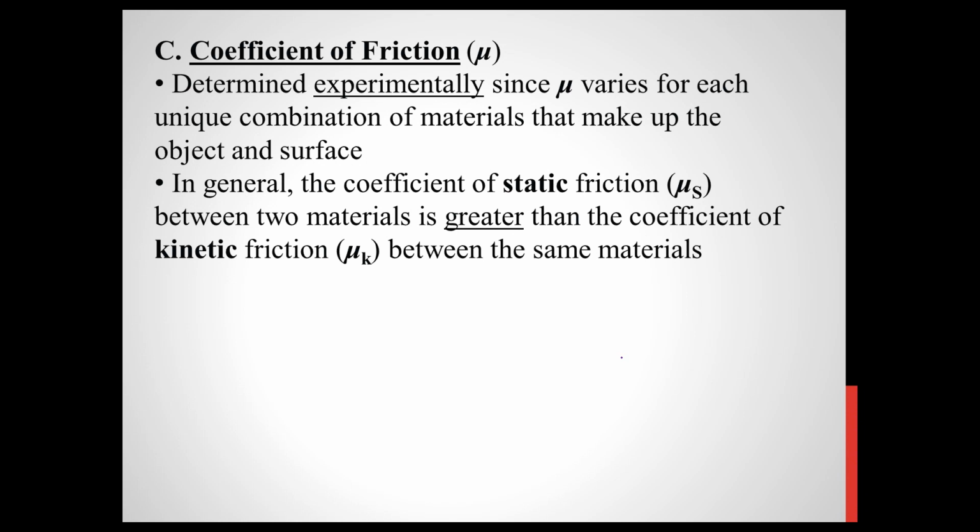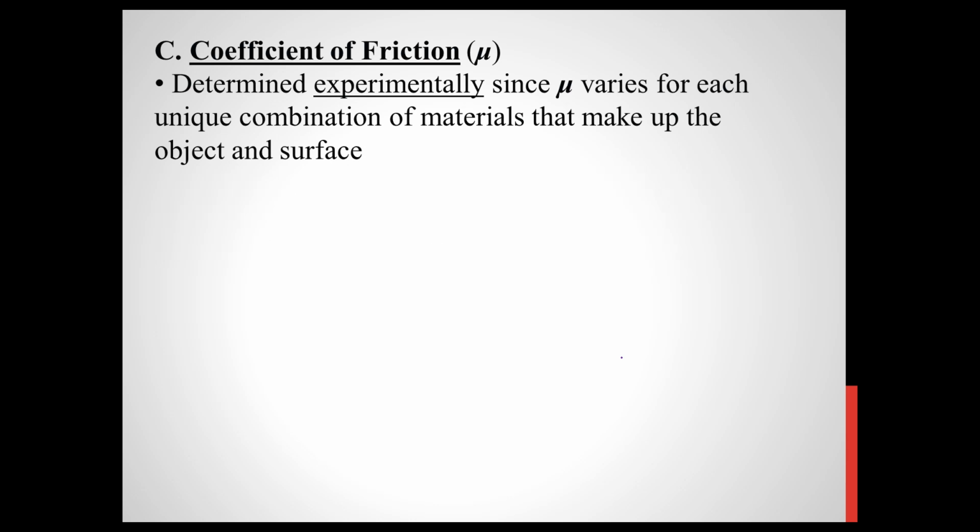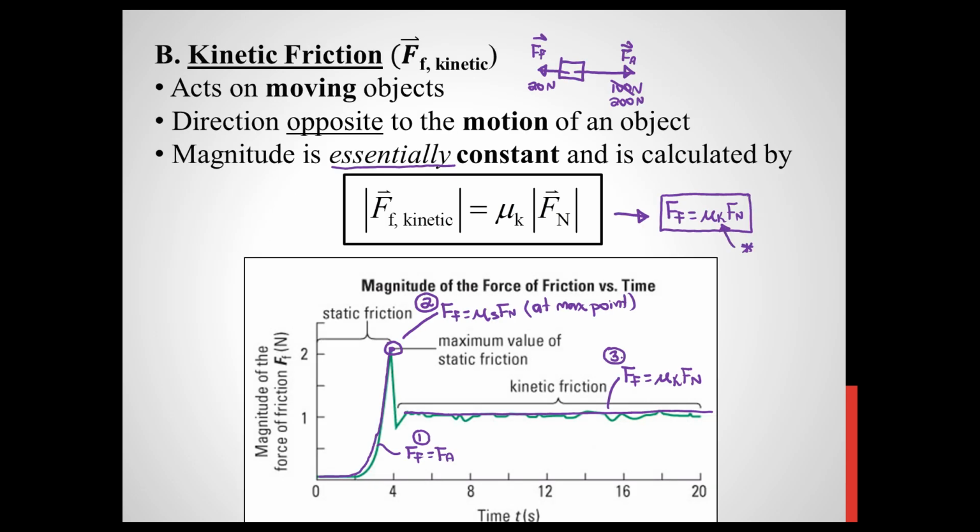In general, when you compare the coefficient of static friction to the coefficient of kinetic friction, your coefficient of kinetic friction is going to be smaller than the coefficient of static friction. This makes sense if we go back to the previous graph. Let's say in this situation that the normal force acting on the object was 20 newtons. If we go to this equation right here and we had 20 newtons from a normal force, and go to this equation for 20 newtons for the normal force,